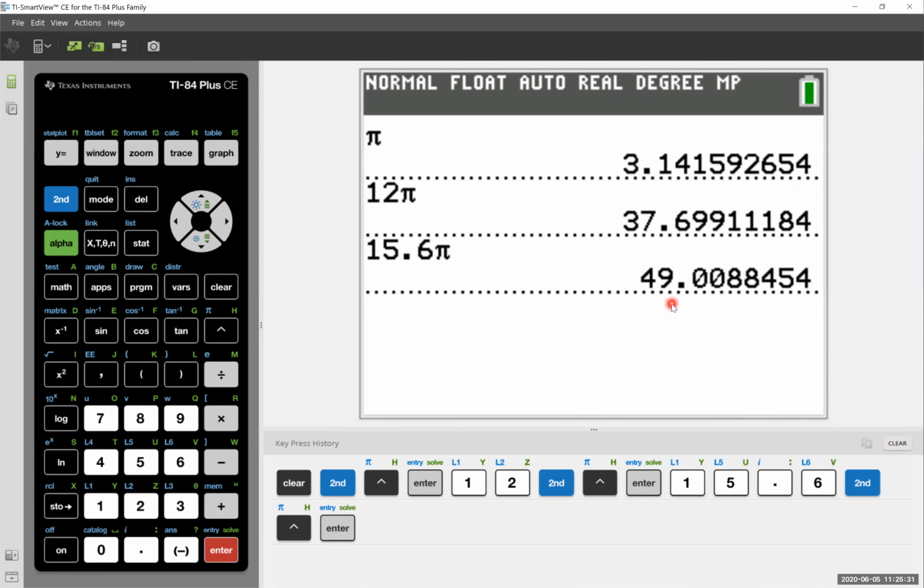We're getting 49.0088454, bunch of numbers that will come after that. And again, we are told to round the answer to the nearest hundredth. So I'm rounding to 2 decimal places. I look to the third decimal place. Is it 5 or greater? Yes. Then I'm going to round up. So my final answer for this, as a decimal rounded to the hundredths place, is going to be 49.01 square inches. So we'll jump back over there.